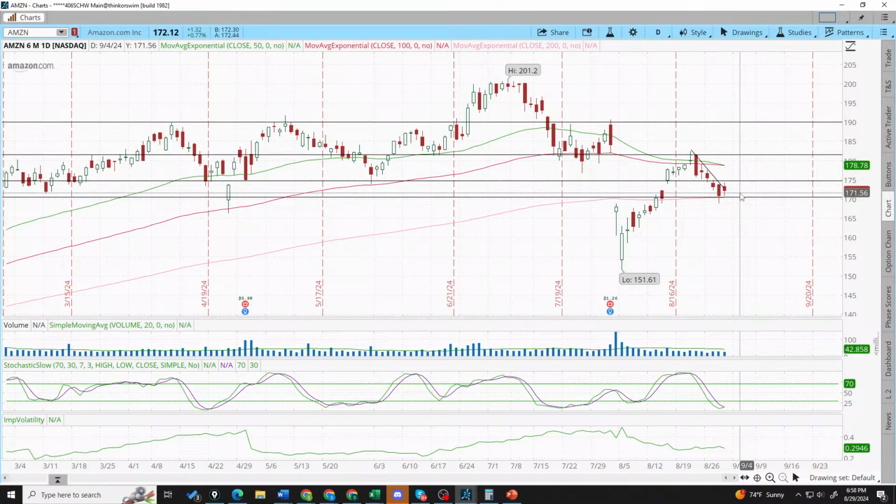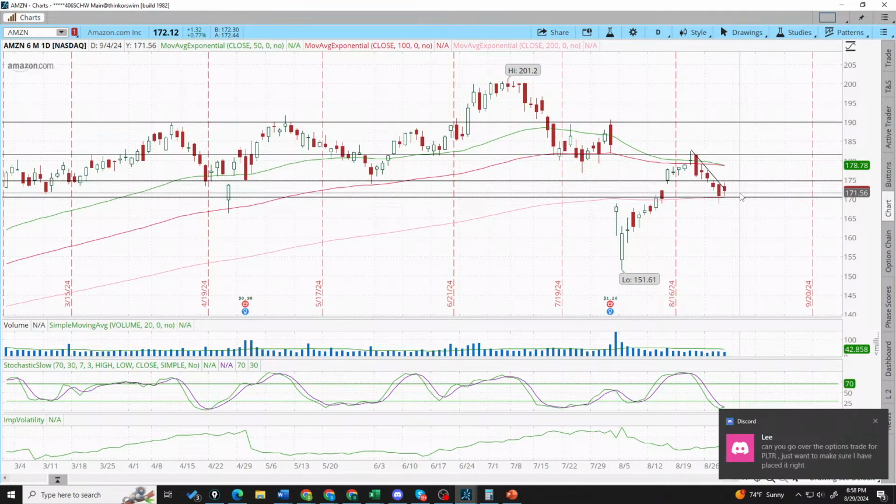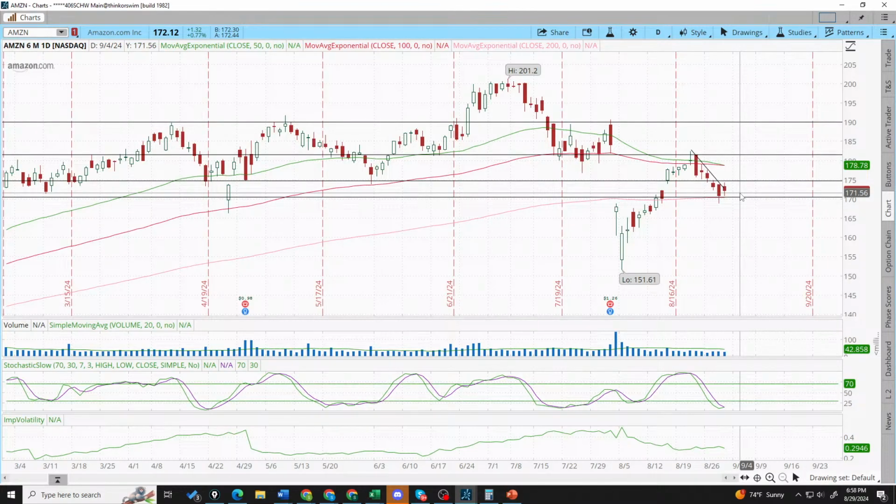Can you wait until the end of tomorrow and then say, now I'll put it on, rather than get on dynamically? Yes, you certainly could. So you could wait, but the thing is, if we get something real good and the market takes off and has a big candle, and at the end of the day it's up here at 179, you're going to be like, oh man, I missed it. It's too far. I have a great reward to risk if I get in here. What's the risk? The risk is if, like today, it's good in the morning and triggers, and then in the afternoon it sells off, and at the end of the day you're like, oh, well, I'm not sure, but I still like it. The options trade was a